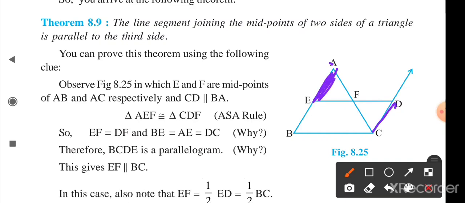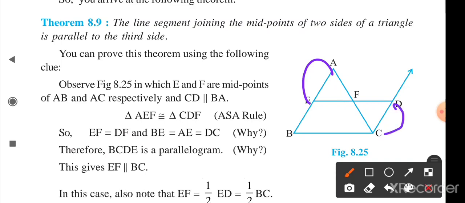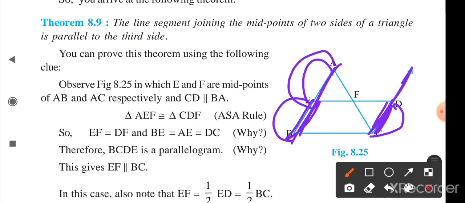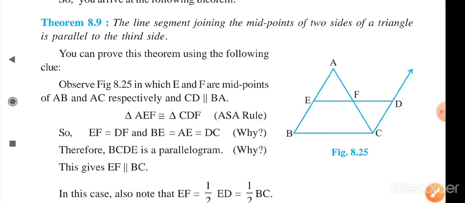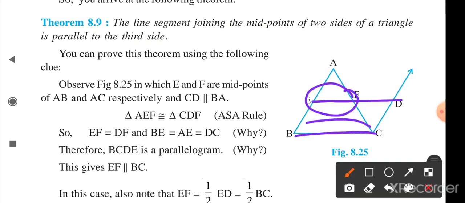Since we know that AE is equal to EB also, because E is the midpoint, AE, EB and CD are equal to each other, hence EB will also be equal to CD. And we know that these two sides are already parallel to each other, so these sides will be equal to each other also. Hence we can say that EDCB is a parallelogram. If this is a parallelogram, then by the property of parallelogram, this whole line ED is parallel to BC, therefore EF will also be parallel to BC.